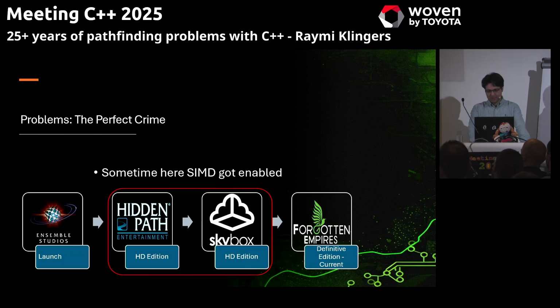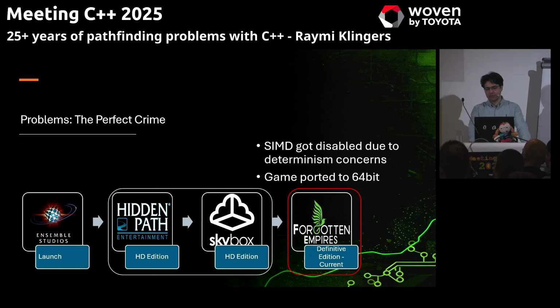Now, on top of this, we executed the perfect crime. The previous company, somewhere around their development time, enabled the SIMD flag, and they didn't notice that this introduced the pathfinding regressions. Now, we came along and actually disabled the SIMD flag, but we also ported the game to 64-bit. Now, 64-bit defaults to SIMD enabled. So we covered up that the flag would actually cause the issue. On top of this, we didn't have the source history anymore. It was already not possible, but yeah, we also covered it up perfectly. So if I hadn't randomly decided to turn it off, we would probably still be looking for the cause of this.